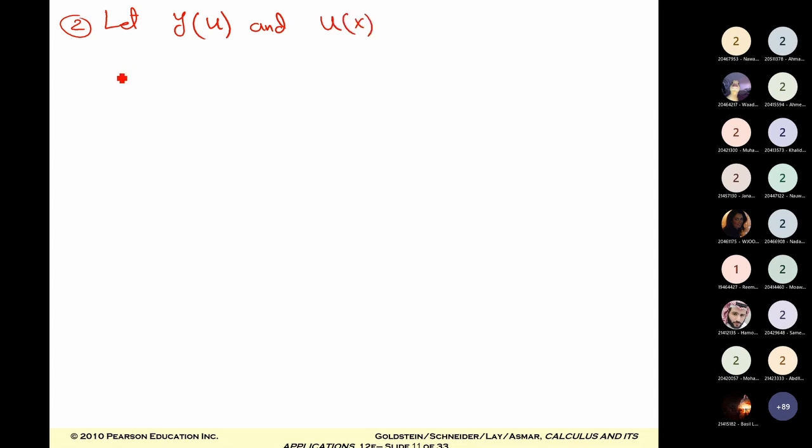And we need to find dy over dx. This is y not directly with respect to x; it is with respect to u, and u with respect to x. So to find dy over dx, this equals dy over du